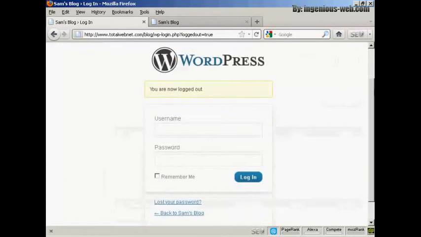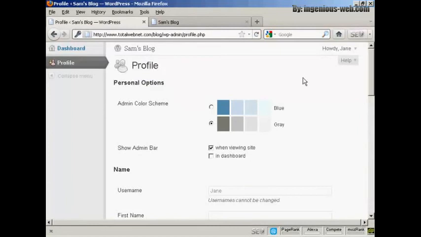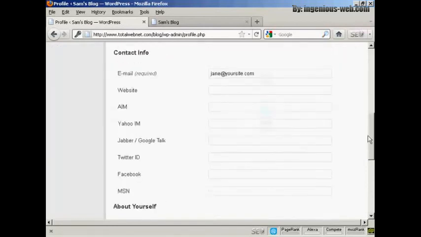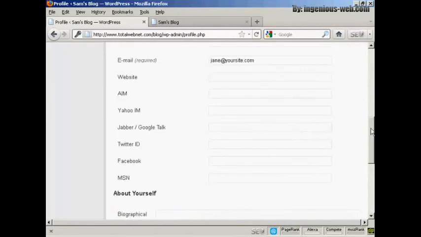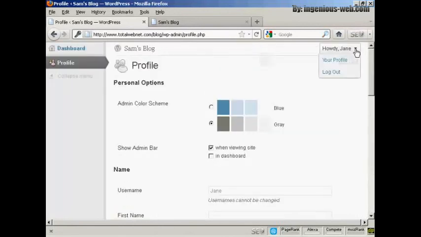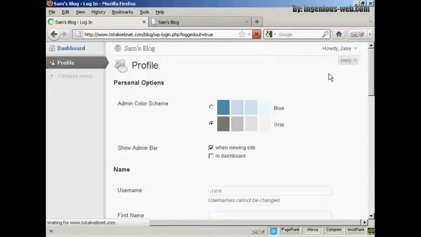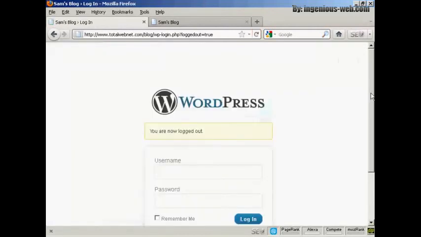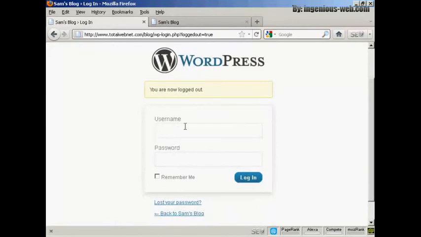And there we are. And I can log in again as Jane. And there you go, you can see that Jane's options are very limited indeed. All she can do is update her profile and her contact information. Okay, if I just log out again, and log in as administrator,